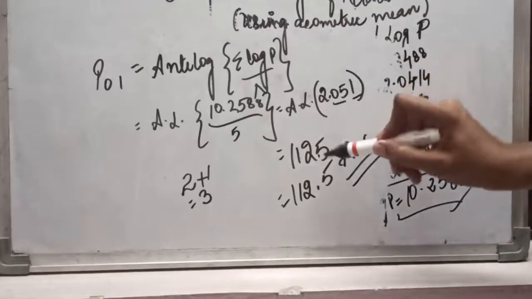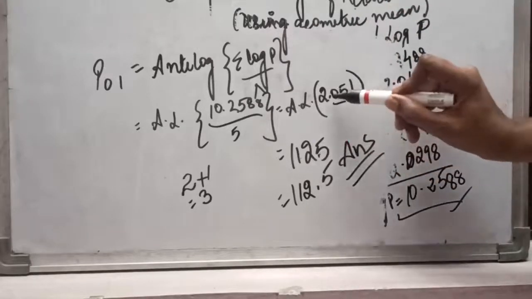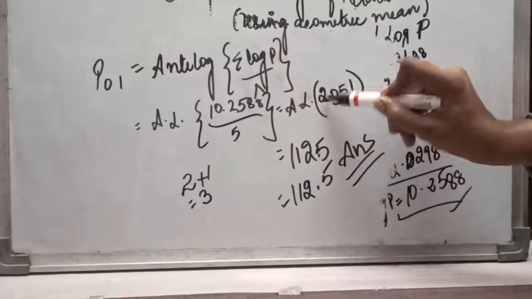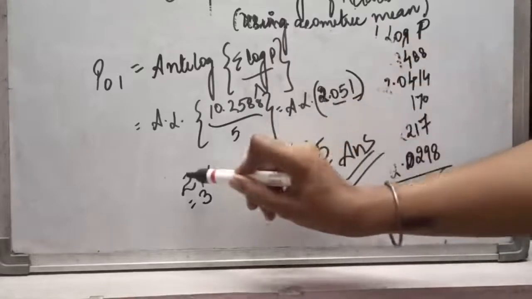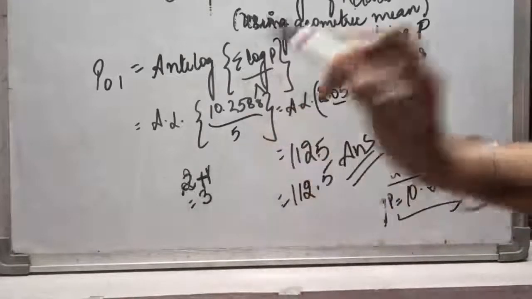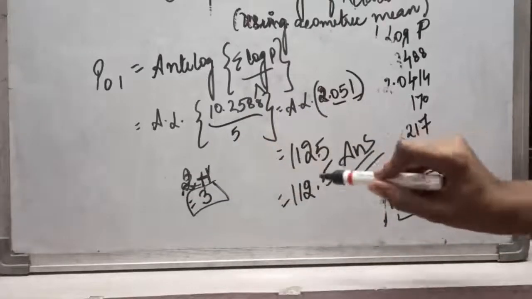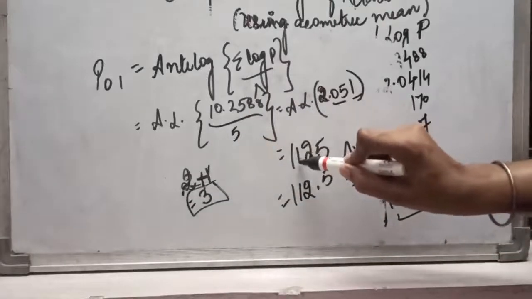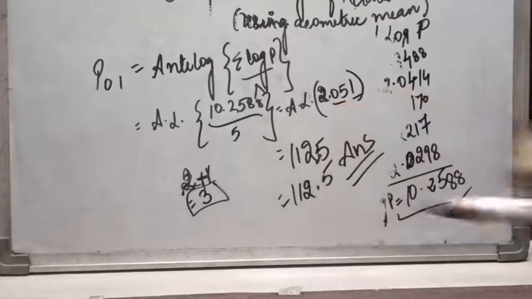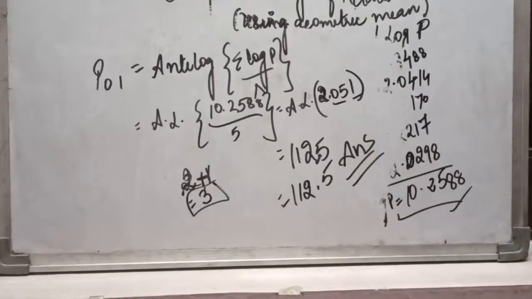Again I'll repeat how I have taken this point. You have to see what has been written before the point. In this question 2 was written. You have to add 1. In every question you will have to add 1. Now it comes out to be 3. You will be counting from the front 1, 2, 3 and put the point over here. So your last answer is 112.5.